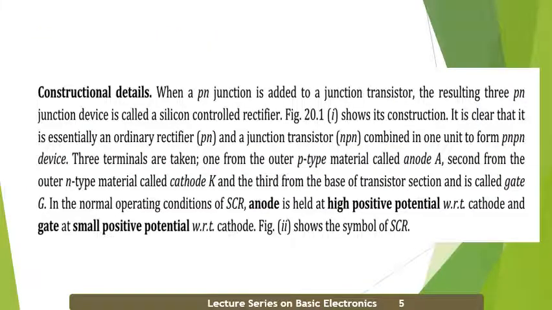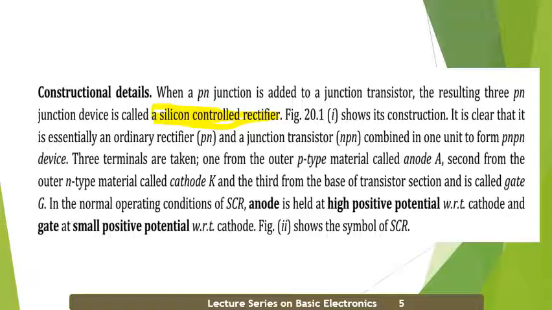So the construction details: when a PN junction is added to a junction transistor, resulting in 3 PN junctions, the device is called a silicon controlled rectifier. That is, we have an NPN or a PNP transistor, and we add one more P type or one more N type. So figure 1 shows its construction.